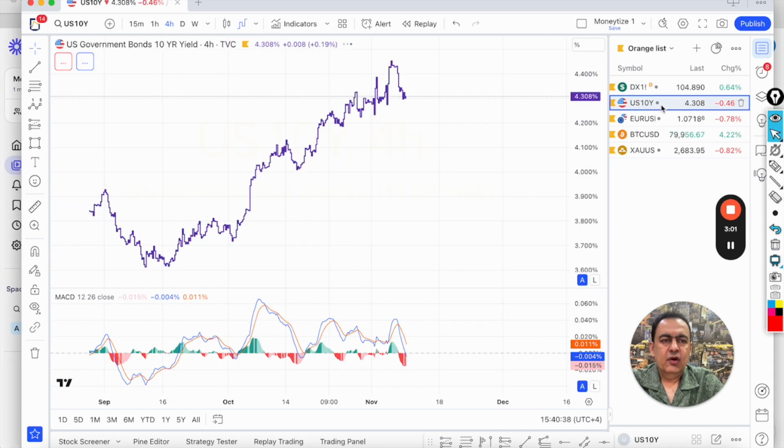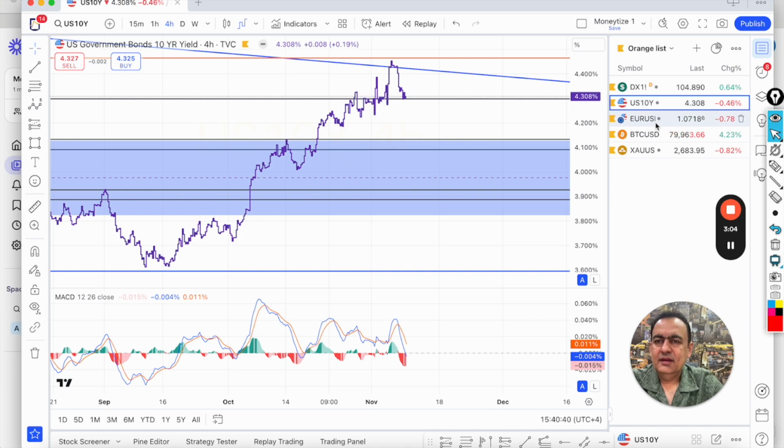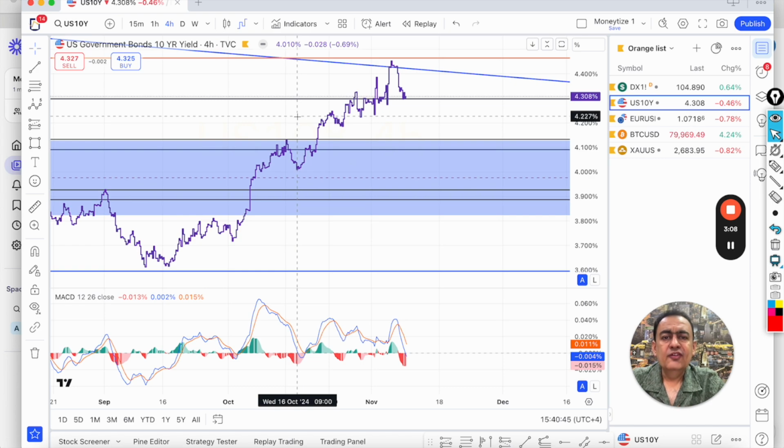And this time I've also covered US 10-year yield. Now this is the instrument which is highly correlated with US dollar. So if the US 10-year yield chart is looking bullish, it means the investors are showing confidence in the economy, and post elections, yes, they believe that the US economy will do really strong, it will remain really strong. So the investors are putting money in US stock market and even crypto.